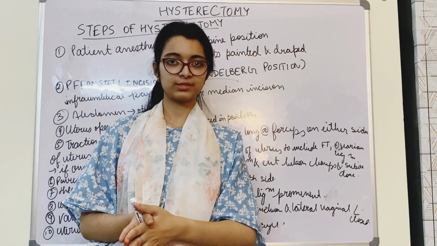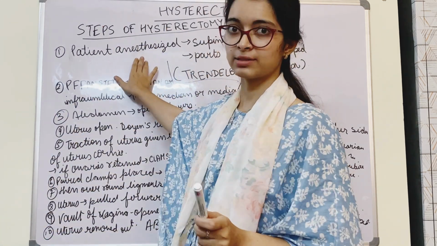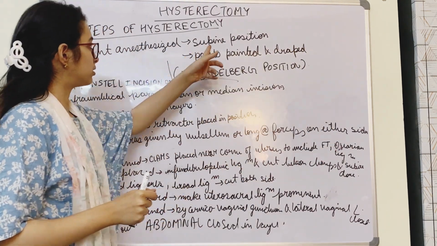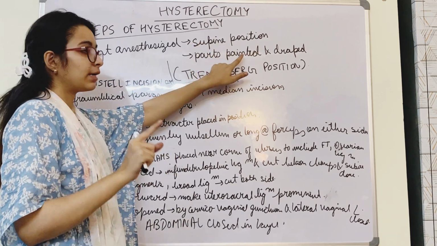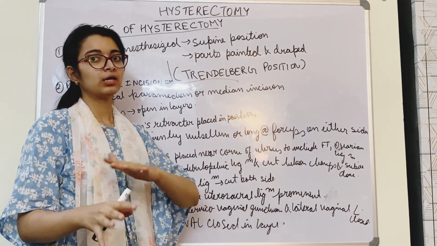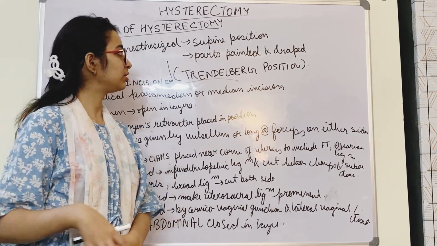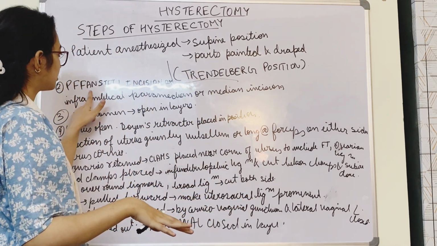I have written the steps of hysterectomy. So what all things will we observe today? First, the patient will be anesthetized, okay, and the patient will be in the supine position and the parts will be painted and draped. So supine position, that is known as Trendelenburg position. Suppose this is the lower region, so the part will be painted and draped, and then the Pfannenstiel incision is